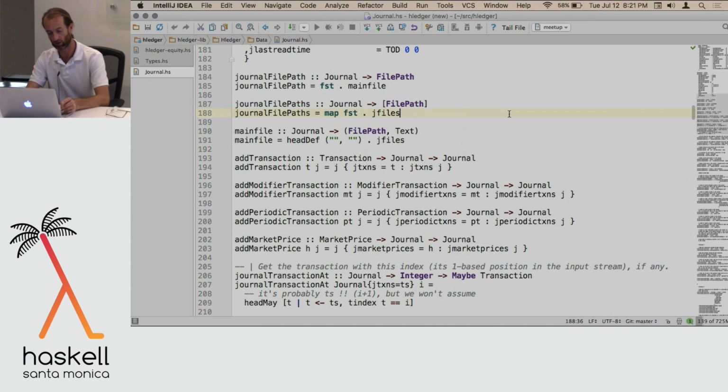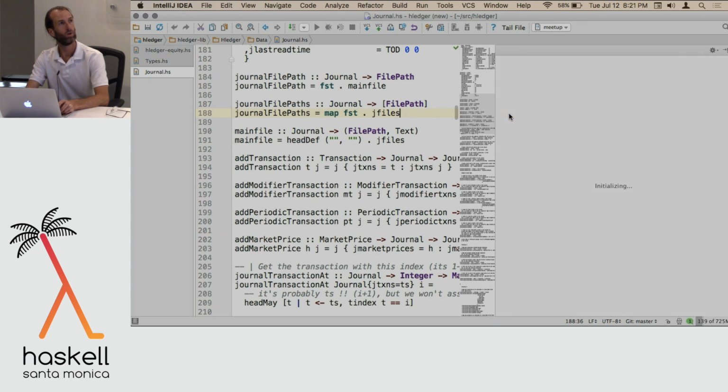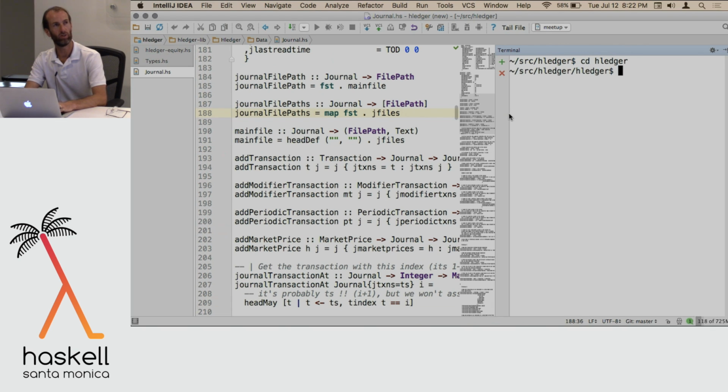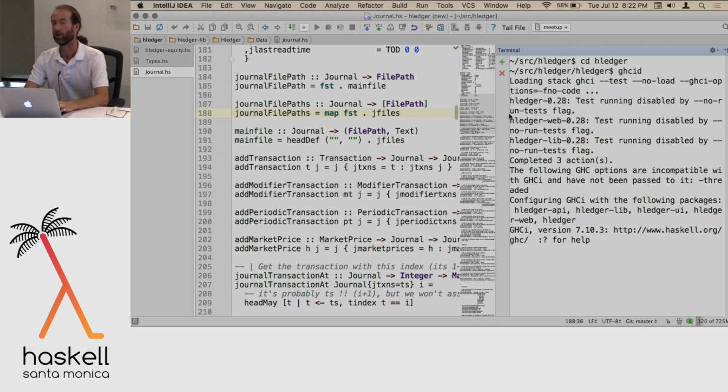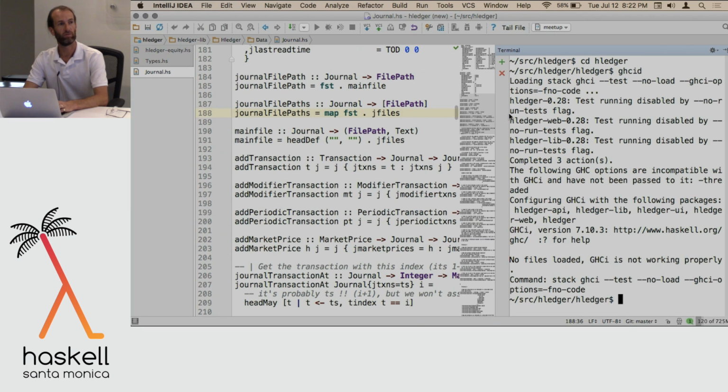So if I get a little console window open here, GHCID, which you can stack install or cabal install, and that actually will be just enough if you're in a package directory. So I could go into the package directory and run GHCID, and it'll try to run GHCi in whatever way looks like it's going to work, and it'll use that to get fast